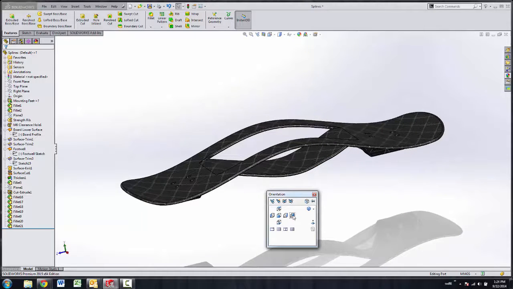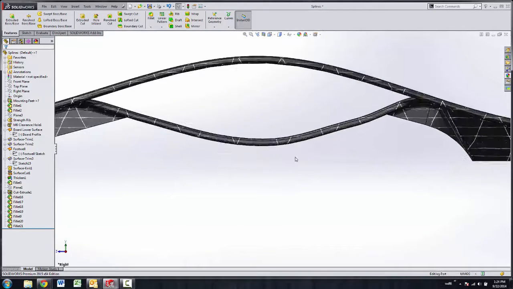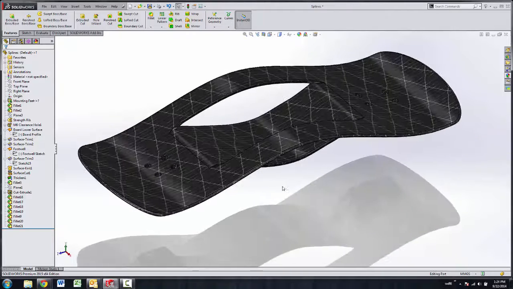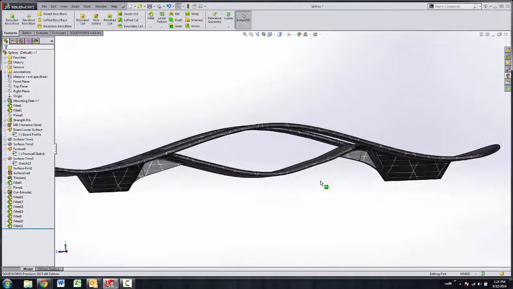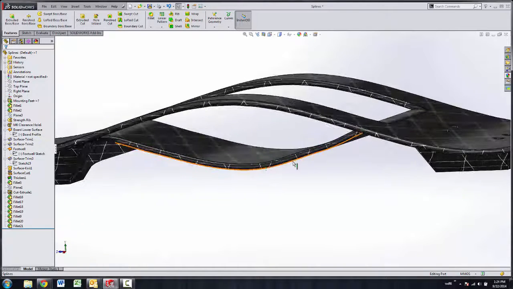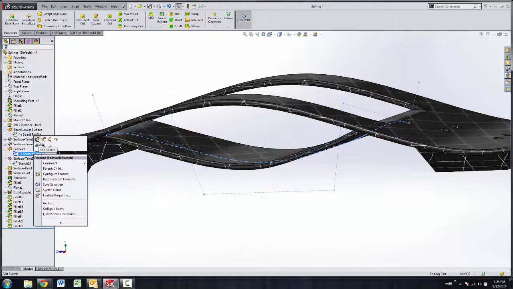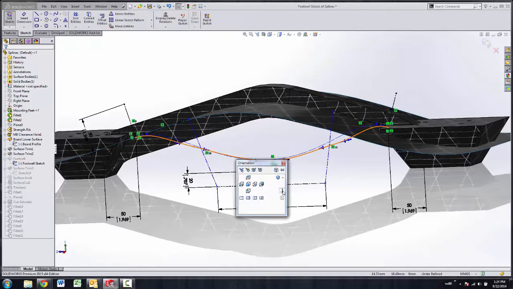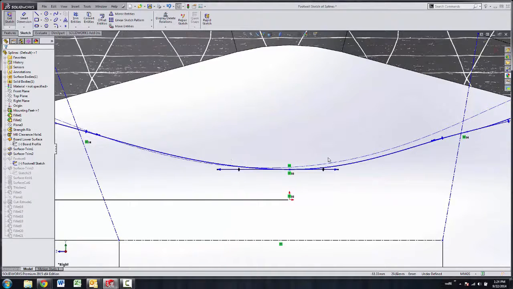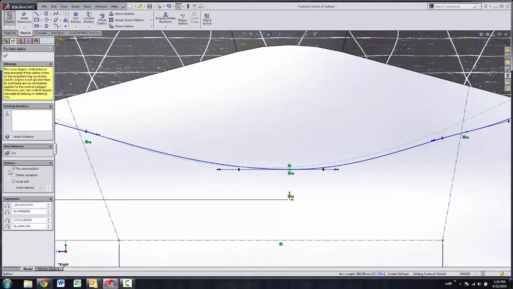So I'm going to go into this part and just take a look at this. You can see this is actually driven with a spline. This is a composite spring stepping part that basically has this curve in there that's really not too smooth. So what I'm going to do is go in and edit the sketch. I already have a curve pre-made in here that I want to change it into. So I'll just take this curve as though I drew it for the first time in here